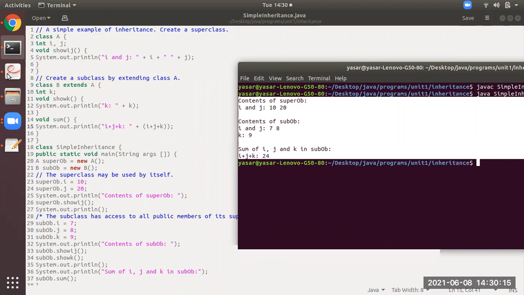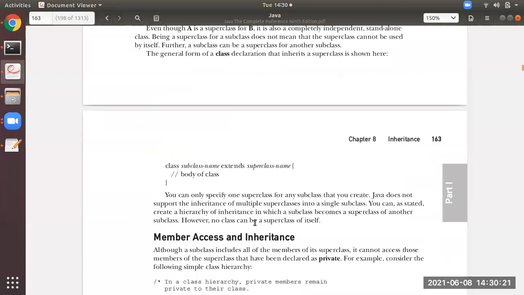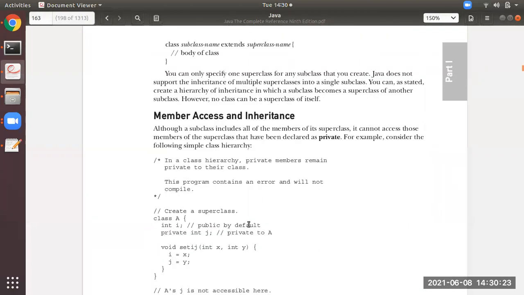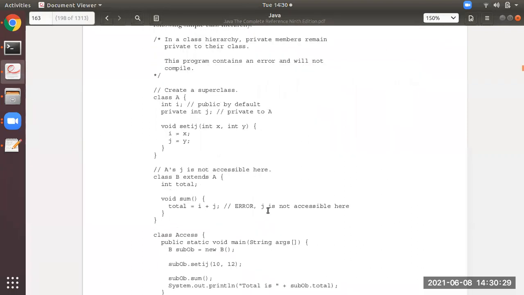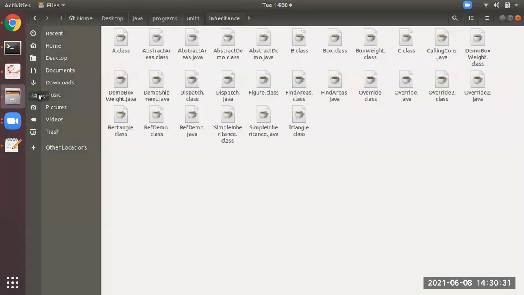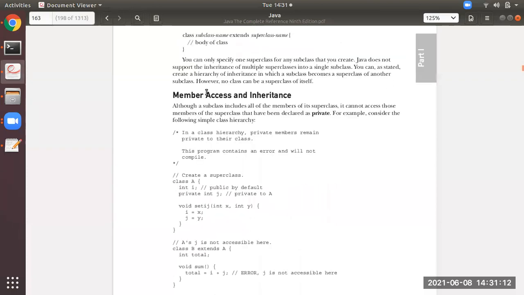Okay then students. Now, the next thing is member access and inheritance. Now, students, see here, the name member access and inheritance.